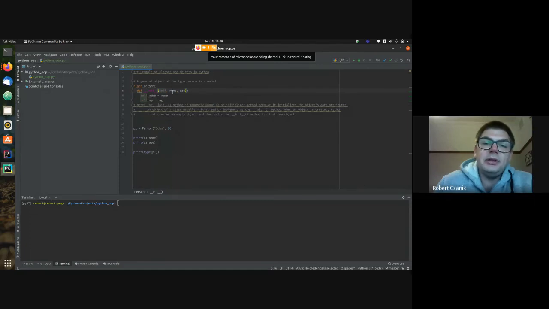So if you give it input parameters of name and age, the property name of the object itself is given the value of the input value name. And then also the same for the age. The age property of the object is given the value of the age input parameter that you